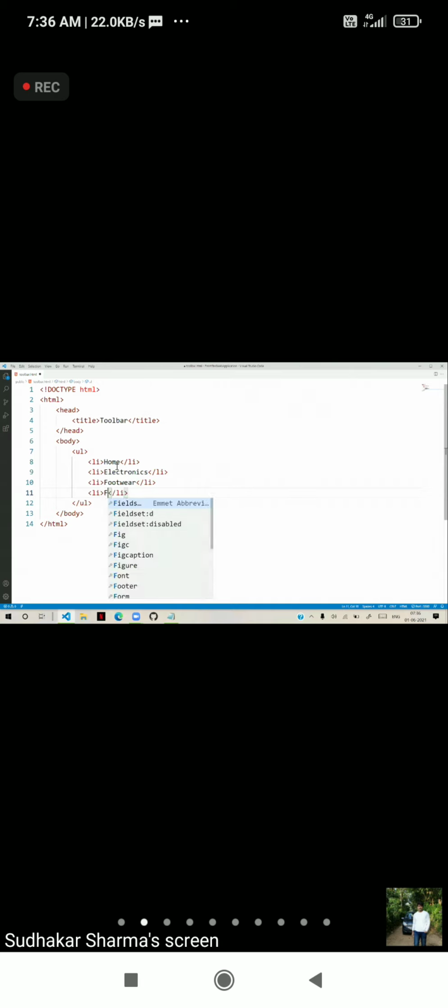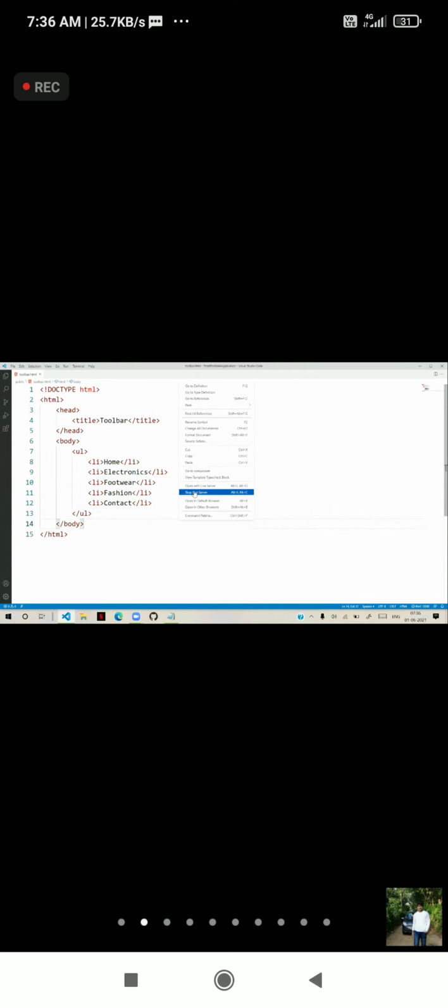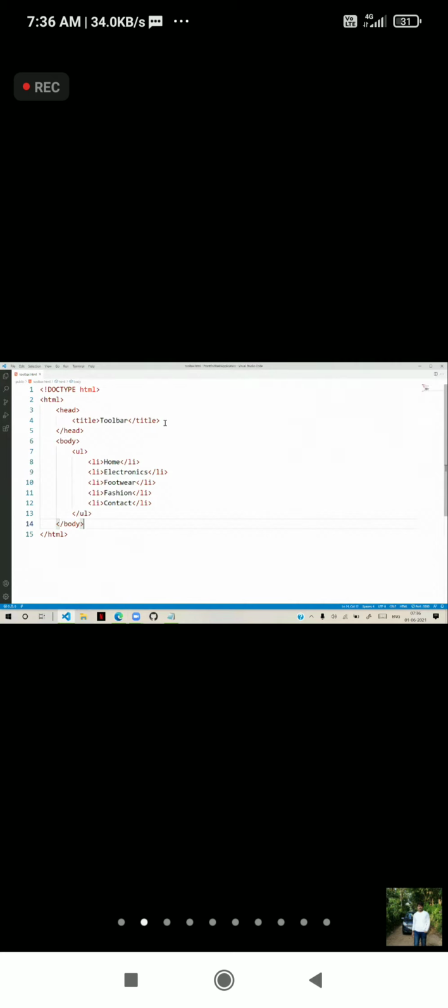Like this, some options are there, like contact. Now I want to use the Font Awesome library here. Then first you have to link that file. So link, rel equal to, this time it is a stylesheet.